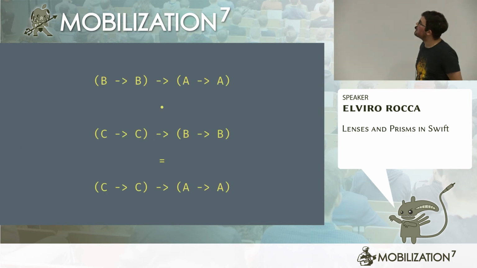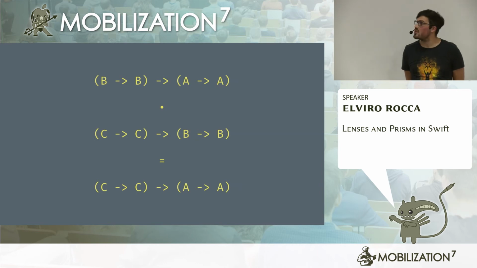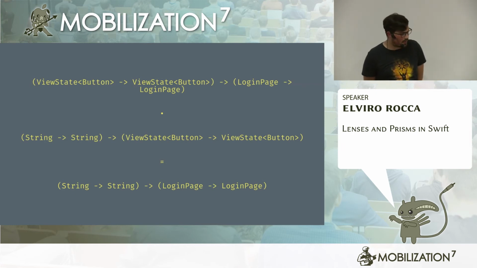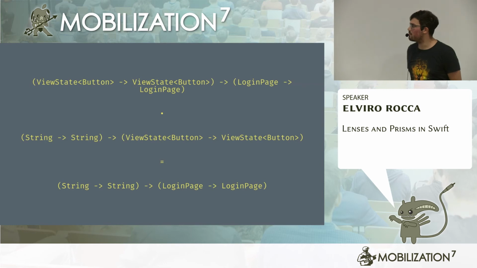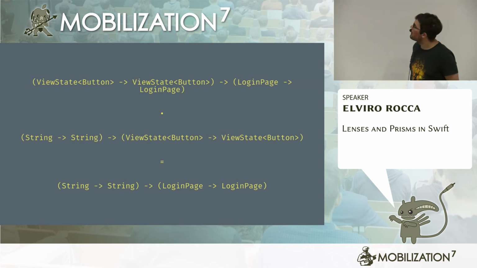Here, this is what is happening completely generically, but we can actually use the real types here. Because the lens hover is a function that takes a transformation of the view state and returns a transformation of the login page. And the Prism try over is a function that takes a transformation of the string and returns a transformation of the view state button. So as you can see, we have two functions here, and the sides match, the types match. We have a transformation of the view state button on both functions, so this means that we can compose these